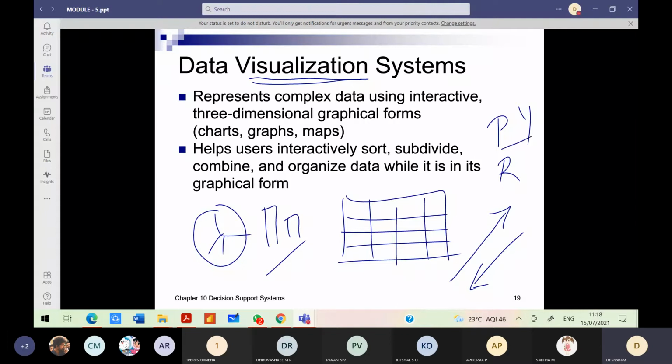So you need not browse through a separate IDE or separate window. Everything has been integrated in the one data analytic tool. So it represents complex data using interactive three-dimensional graphical forms, that is definitely charts, graph and map, and helps users interactively sort, subdivide, combine and organize data while it is in its graphical form.